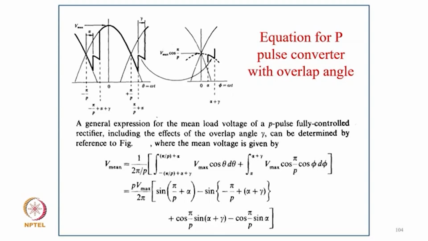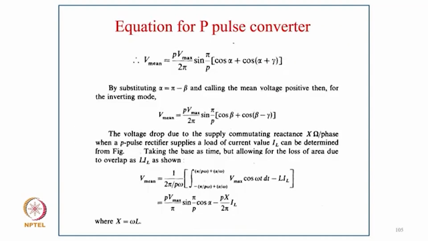can be determined from the above figure. V mean equals 1 upon 2 pi by p, integral from minus pi by p plus alpha to pi plus mu of V max cos theta d theta, plus the integral from alpha to alpha plus gamma of V max cos pi by p cos phi d phi, and that becomes p V max upon 2 pi times sin pi by p, in brackets, minus pi by p plus alpha plus gamma, plus cos pi by p into sin alpha plus gamma minus sin pi by p into sin alpha. The mean average voltage becomes p V max upon 2 pi sin pi by p